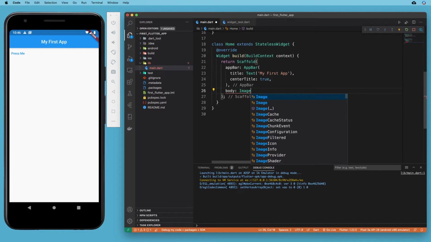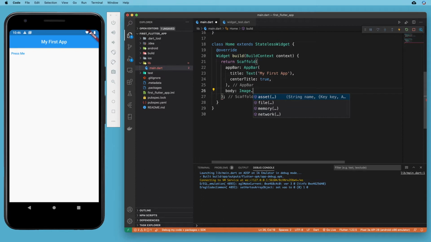Now, when you add image, you want to do a dot and you'll be given 4 different options. Now, in reality, file and memory, you're going to find you use those very infrequently. The 2 that you're going to use the most are an asset image or a network image. And an asset image would be a local image. So you might have an assets folder with an images subfolder in your application, and you might have an image